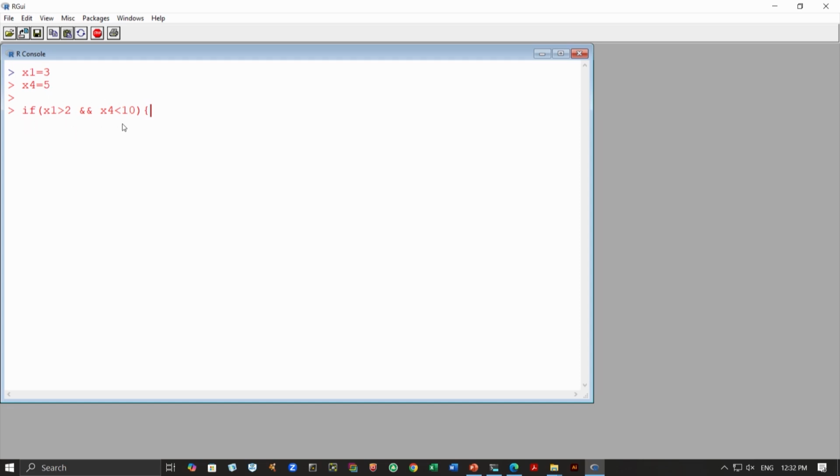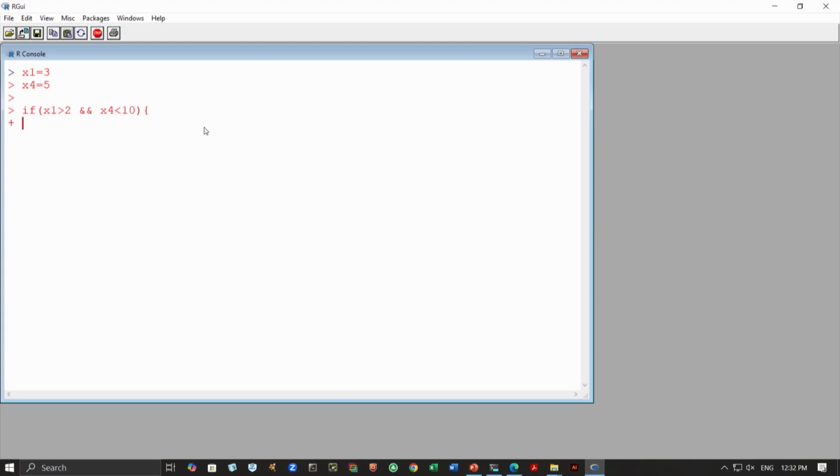Within this if function we are testing for certain criteria, and we are using the logical AND. So if x1 is greater than 2 and x4 is less than 10, we are imposing these conditions,